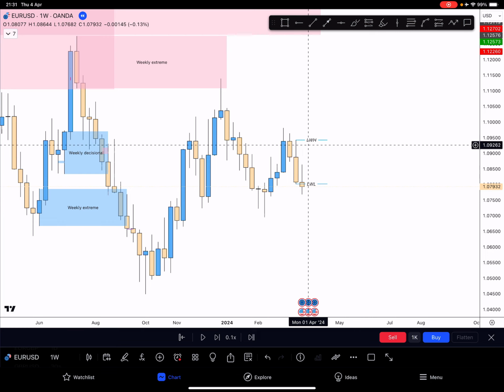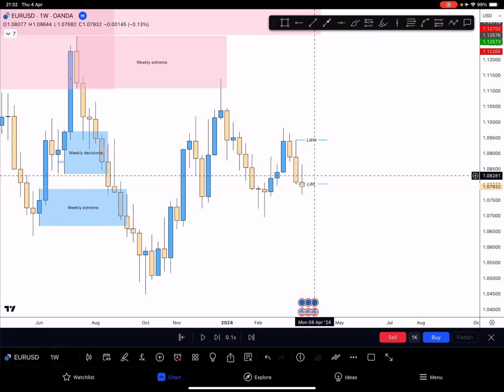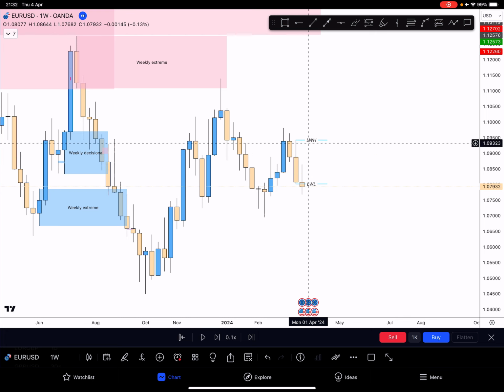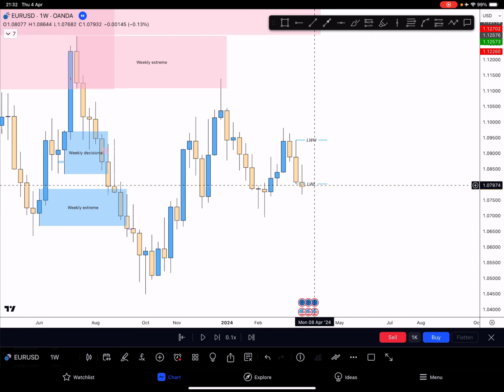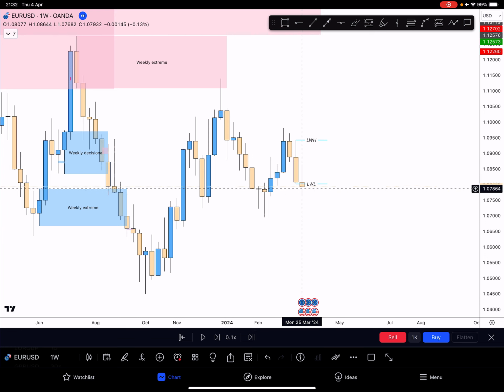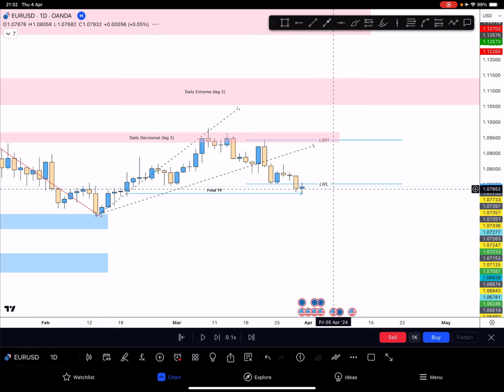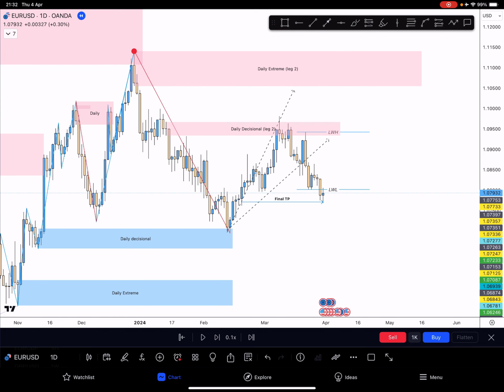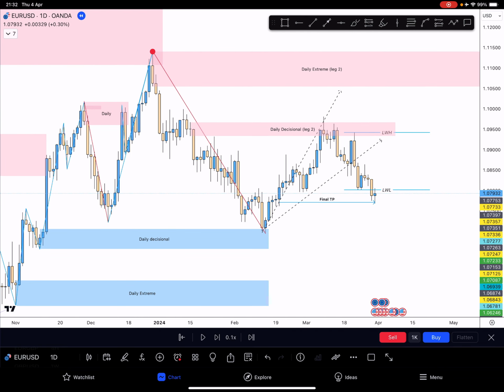Okay, so last week, for example, don't look at this candle, but look at the candle before that, where we have last week's high and last week's low. We mark out the high and we mark out the low, and this is one way we're trying to determine: is price going to break down or is price going to continue up? That's one way. Once you have that, now you can fall into the daily.